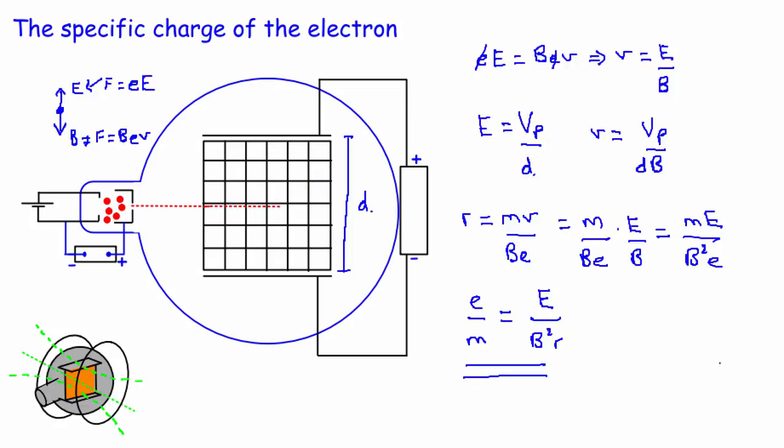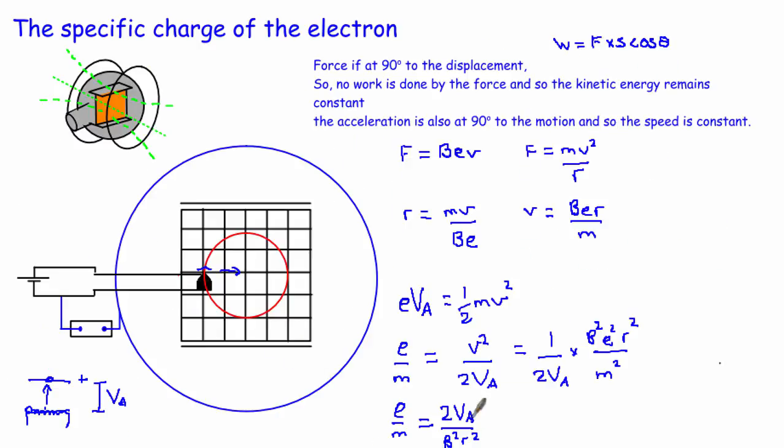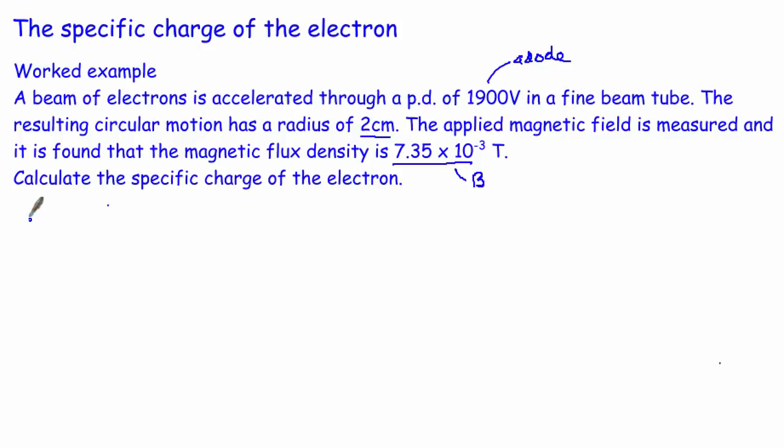So if we go back here and look at this, we can calculate the specific charge using this equation here. We've got twice the anode potential divided by the magnetic flux density squared and the radius squared. So if we simply write that down, specific charge of our electron is equal to twice the anode potential divided by magnetic flux density squared and the radius squared. So we just put our numbers in. We've got 2 times 1900. We divide that by this squared, so we've got 7.35